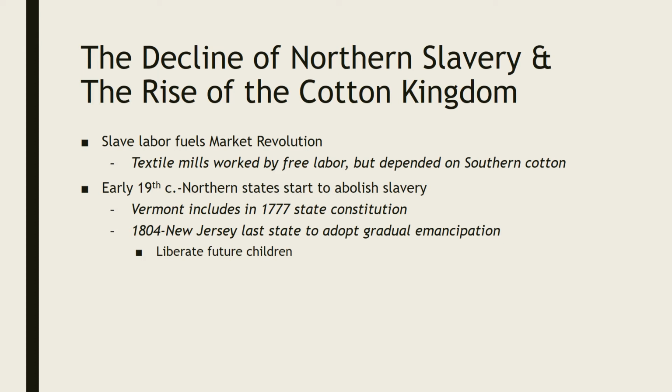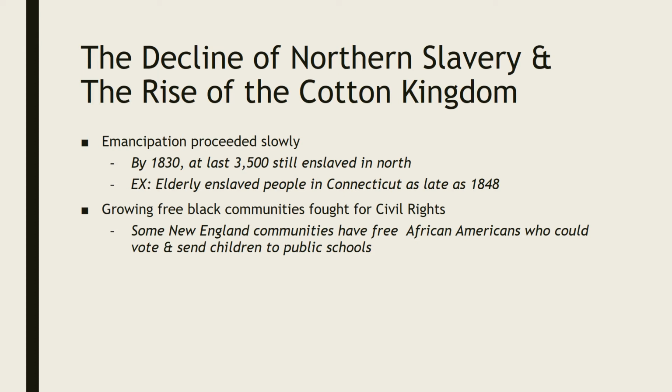Many of them were gradual again, so they only promised to liberate future children, so not existing slaves. So because a lot of these emancipation policies in the North were gradual, it did proceed pretty slowly. By 1830, there were at least 3,500 people still enslaved in the North. However, when you compare that to the number in the South, in which you have about 1.5 million enslaved people, it's still a pretty significant difference. But for example, there were still elderly enslaved people living in Connecticut as late as 1848 because they were not part of that initial